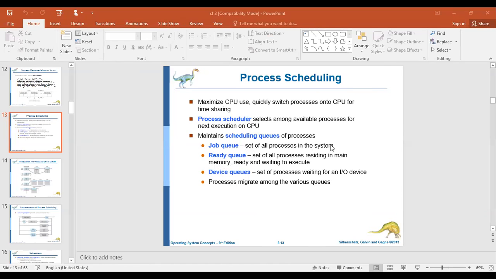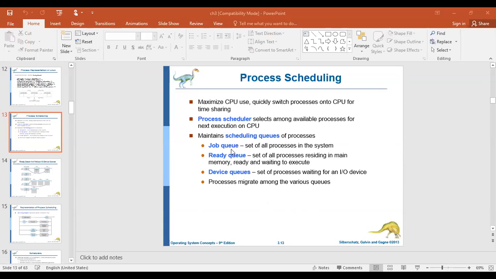As I told you, during the execution of a process, if it needs the services of any other resource, or simply you can imagine IO devices, the particular process needs to reside in the device queue. So the process migrates among the various queues. Initially it is in the job queue.